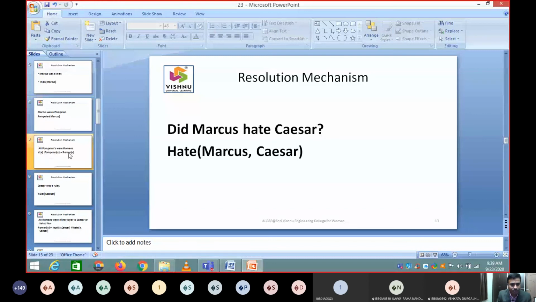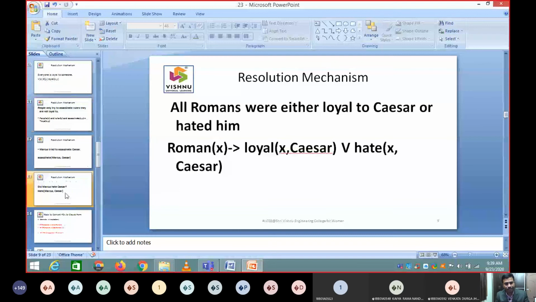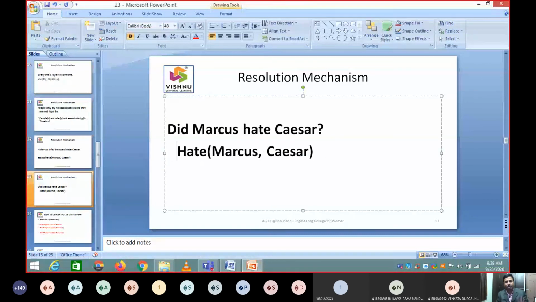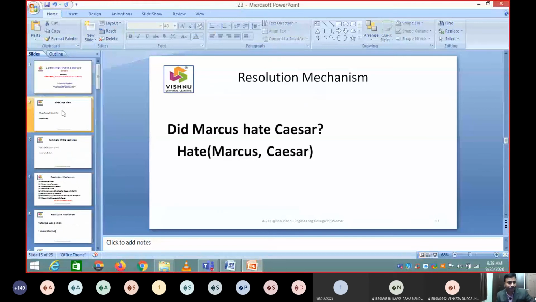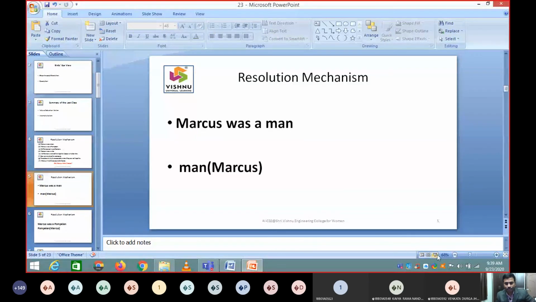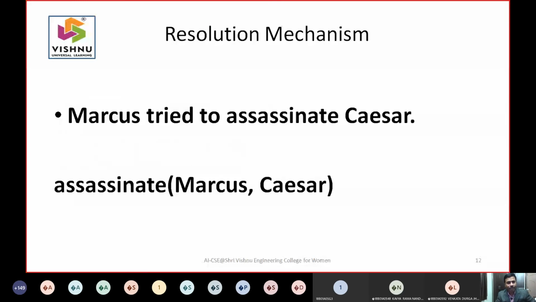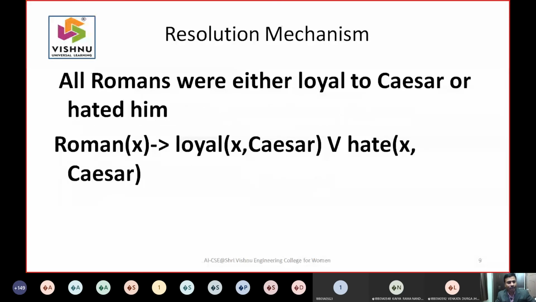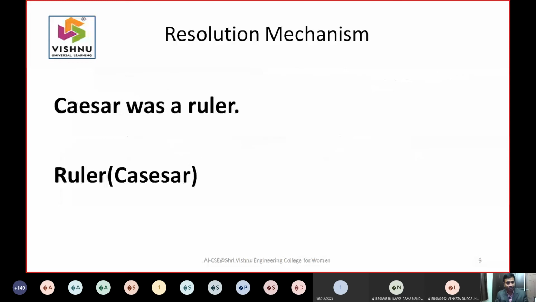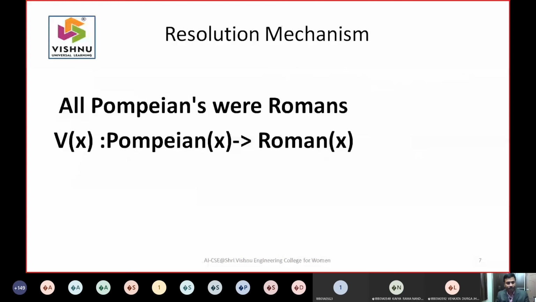But you need to understand where hate is there. Hate is having two parameters. So obviously these two parameters what I have taken is right. This is what we have done yesterday. Can somebody tell me what is the next step that I have to do? This is what we have done yesterday and we have discussed something today. How do you connect yesterday's class and today's class? What is the next step of resolution? What is that we have to do?